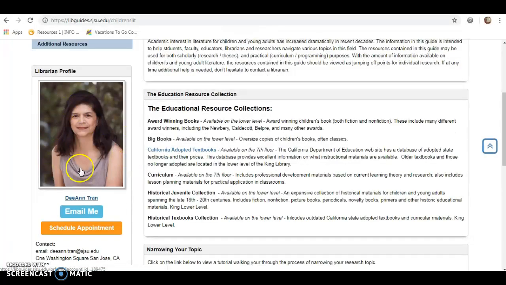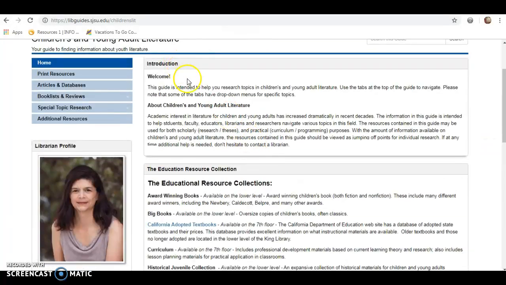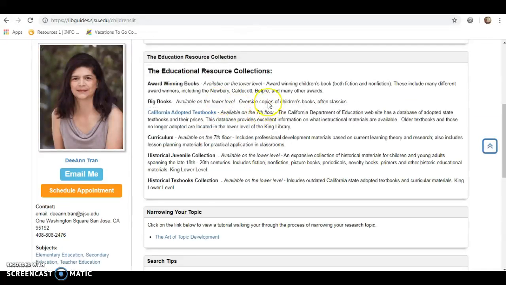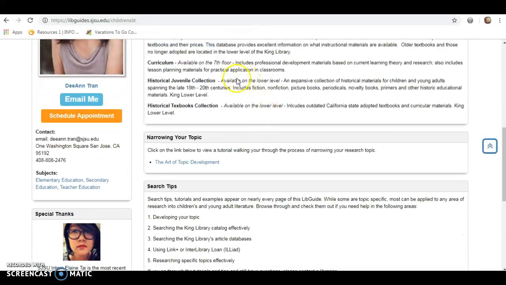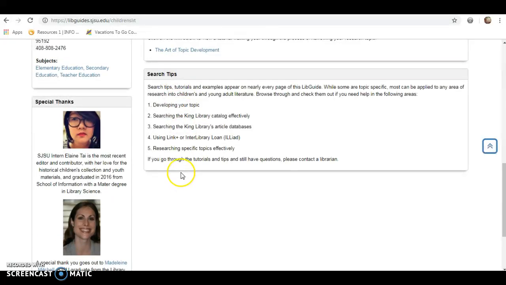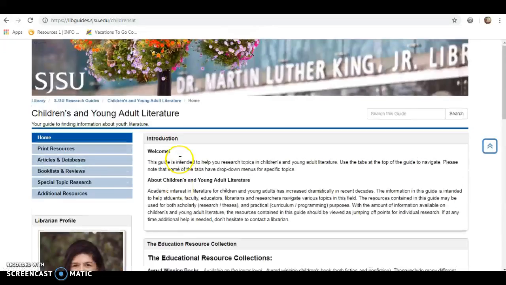It even has the librarian who oversees this. You can email them or schedule an appointment. And it's broken down into education resource collection. These would be physical books or physical materials you would get at the library, a way to narrow your topic, and search tips. So I'm going to come over here and I'm going to go into articles and databases because